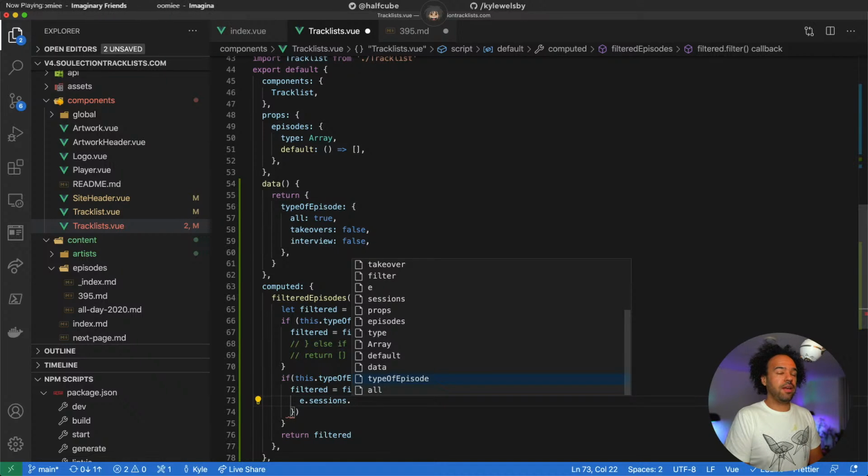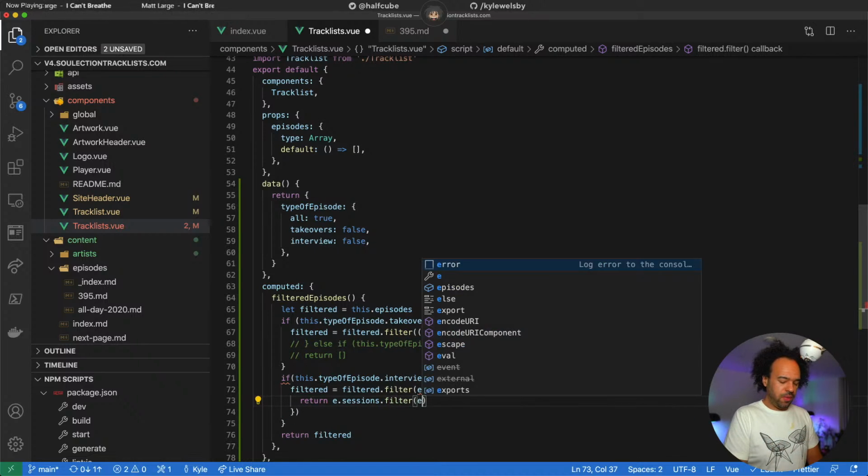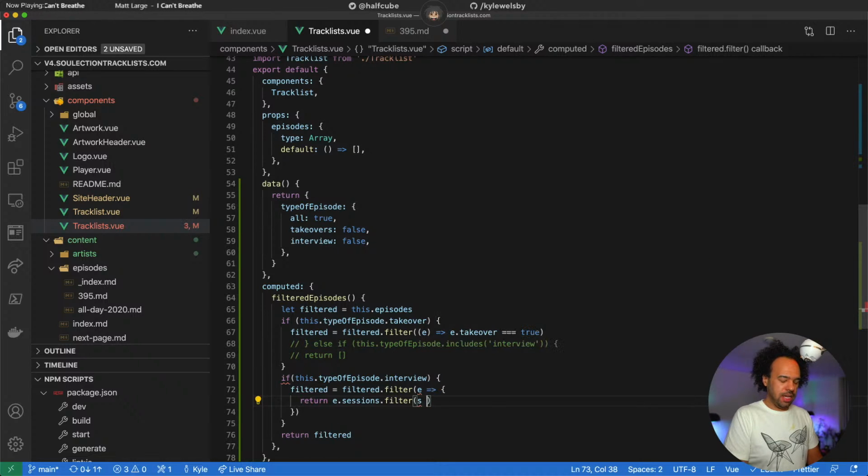we need to check its name. So let's do a return on that. Filter, doing a double filter, and that's a session. The session name includes interview. I want it to be matches because we want a regular expression.